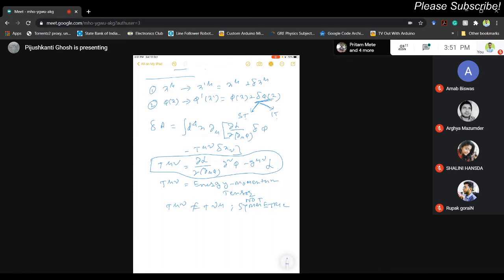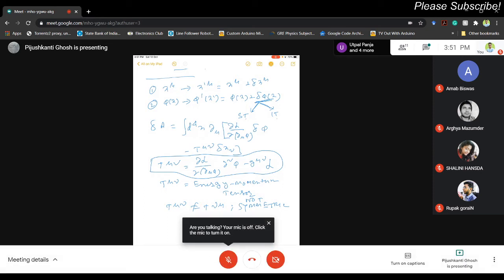We know that G mu nu is a symmetric tensor. So if the left hand side tensor is symmetric, the right hand tensor must be a symmetric tensor. And conservation of angular momentum also requires T mu nu to be symmetric. But if it is not symmetric for all field theories, how do I make it symmetric? Because if it is not symmetric, then I cannot couple this energy momentum tensor to gravity, or I cannot define angular momentum properly.